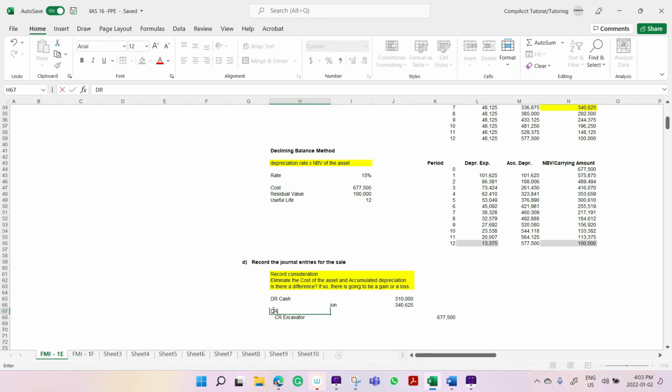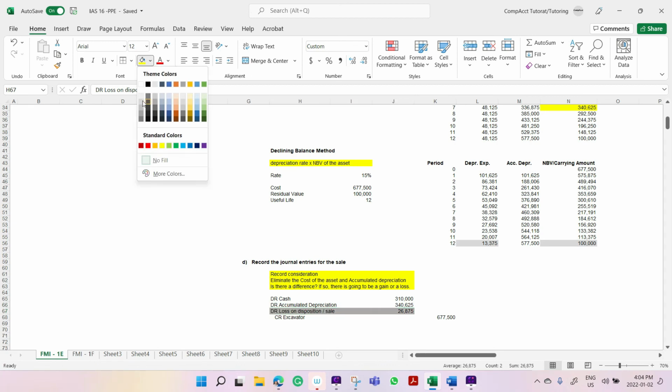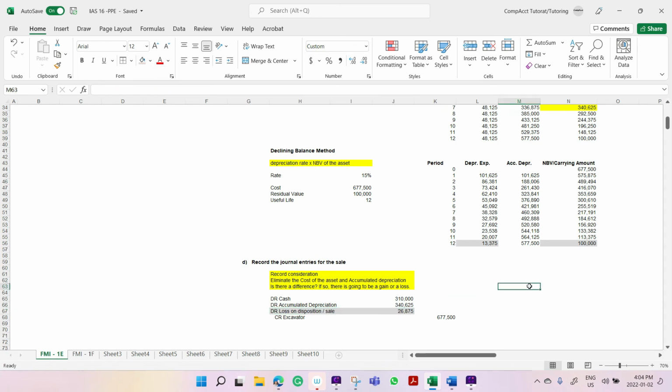So we had a loss on the disposition or sale of the asset, and that loss equals the difference between the cost and the cash received and the accumulated depreciation. Treat that maybe even as a plug. I've got to plug in the loss on disposal there. So again, knowing that there's a loss now,